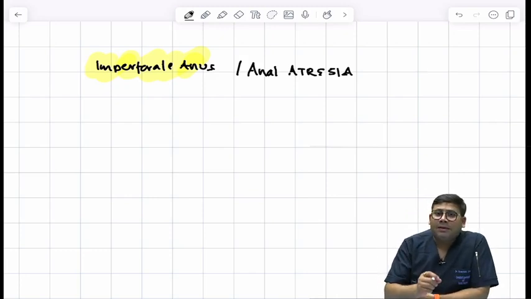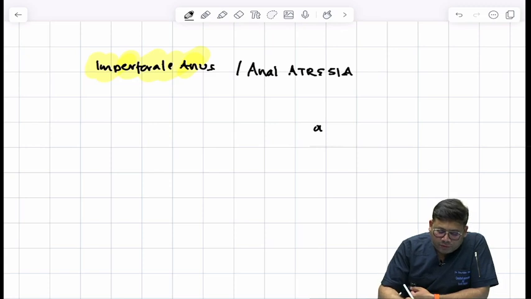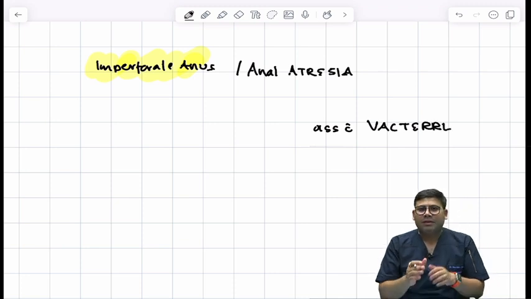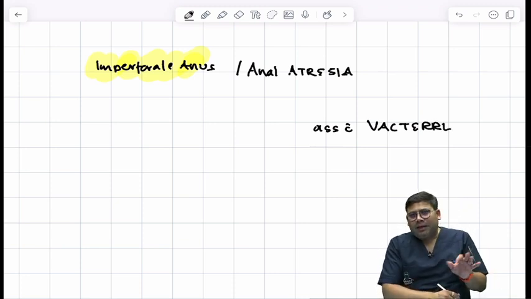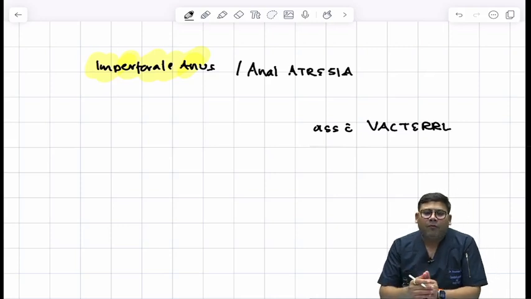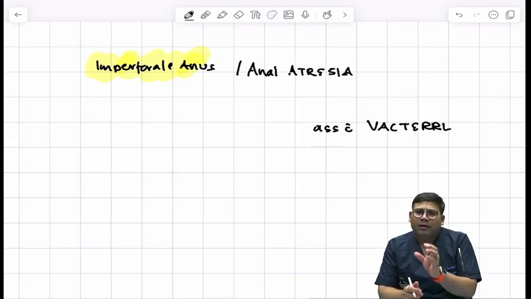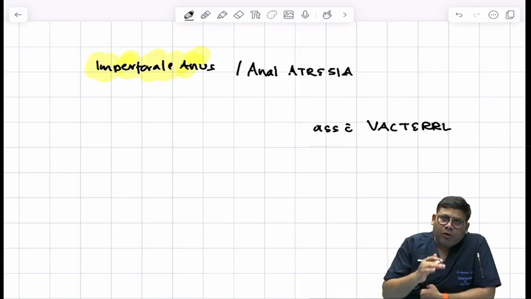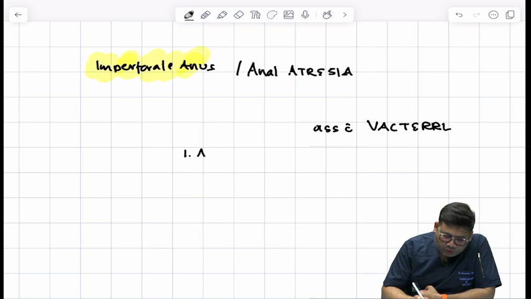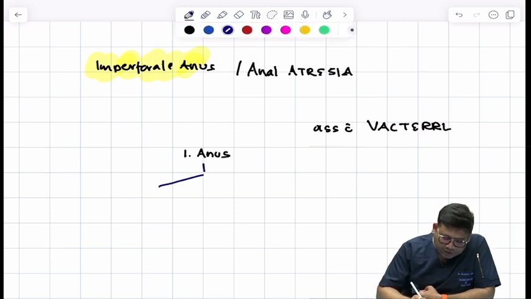That this is a congenital anomaly which may be associated with VACTERL group of defects. So, you might come across these VACTERL group of defects. The next very important point: imperforate anus means the anus opening is not there. So, what are the two types of imperforate anus or anal atresias? When we talk about imperforate anus, we have two standard types. The first is a low type, and the second type is a high type.